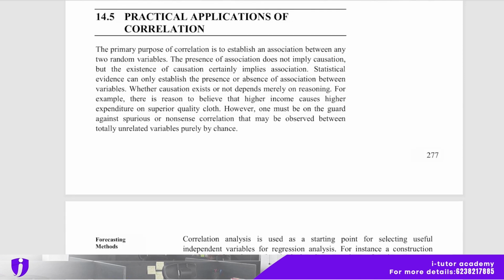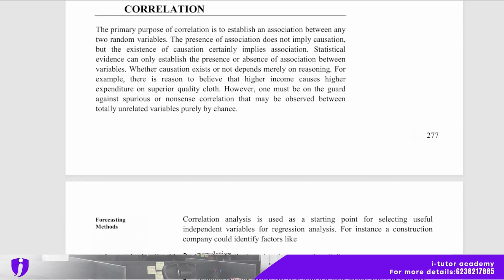And practical application of correlation. The primary purpose of correlation is to establish an association between any two random variables. The presence of association does not imply causation, but the existence of causation certainly implies association. Statistical evidence can only establish the presence or absence of association between variables. Whether causation exists or not depends merely on reasoning. For example, there is reason to believe that higher income causes higher expenditure on superior quality cloth. However, one must be on guard against a spurious or nonsense correlation that may be observed between totally unrelated